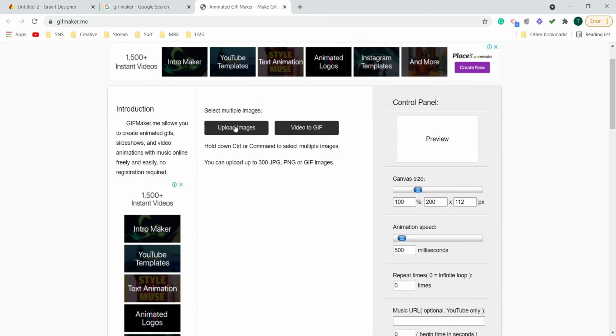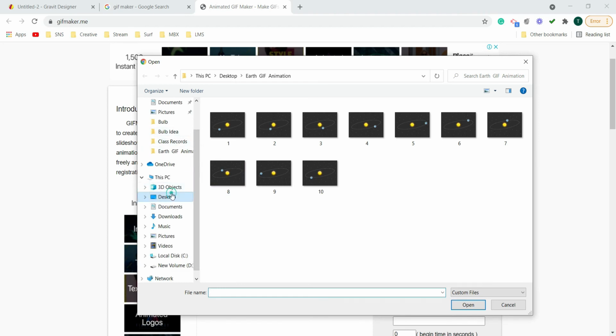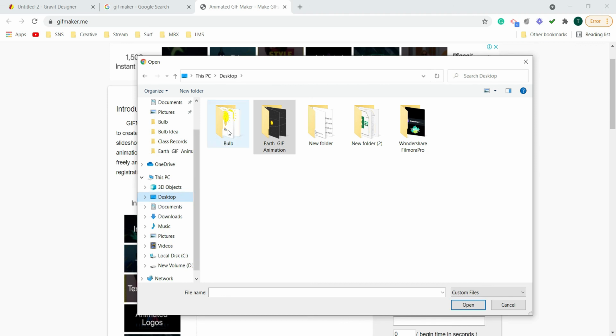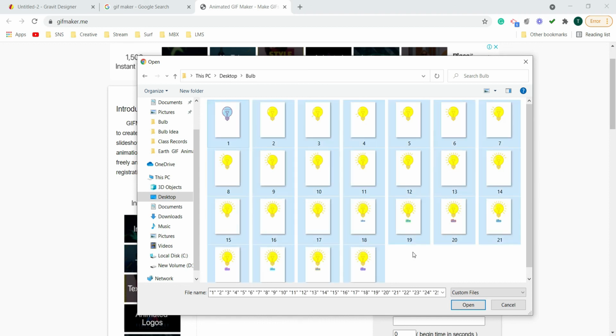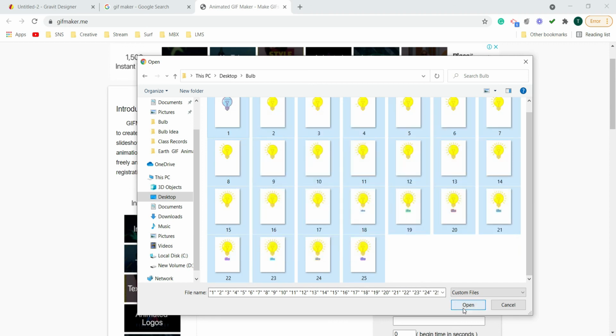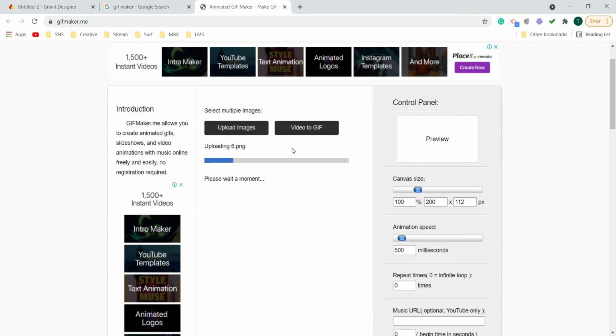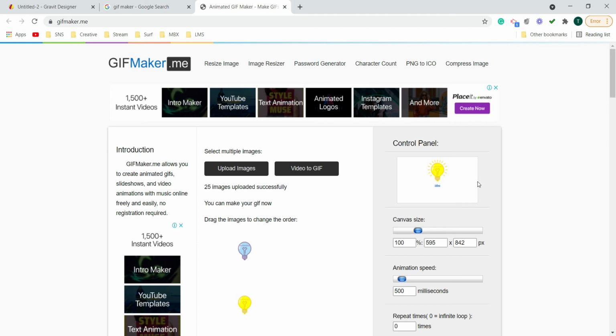upload images. So I'll click on this button and locate where I have saved those images. On the desktop, I have this folder, bulb, and here I have those images. I'll select all by pressing Control A, or you can select all manually, and open. Now all the images will upload over here. Once all images have uploaded, we can see our animation. Here are all the frames, and this is the preview window where we can see our animation, and this is the glow on the text bar.